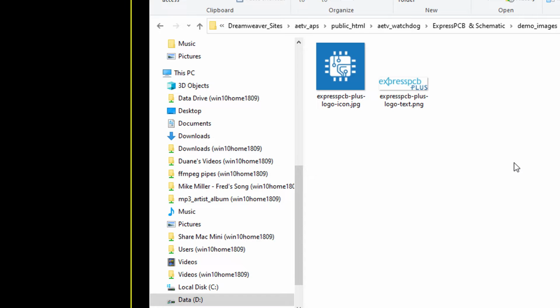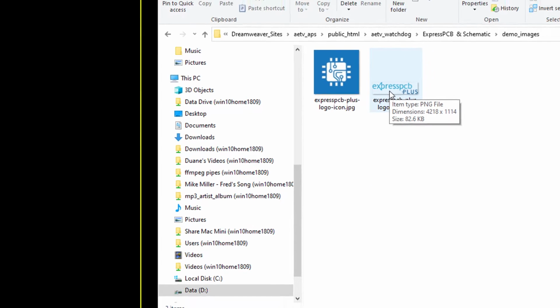They're both images. One's a JPEG, and it's 400 by 400 pixels in size. And the other one is a PNG file with text in it. And it's pretty big, 4218 by 1114. So let's start with the text image here. So I am running